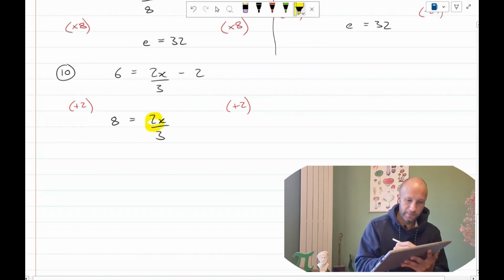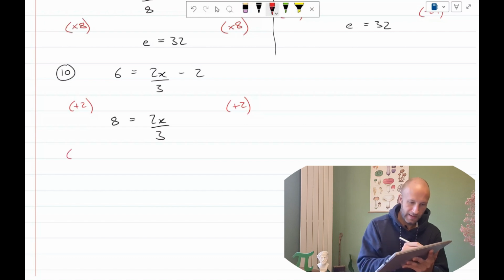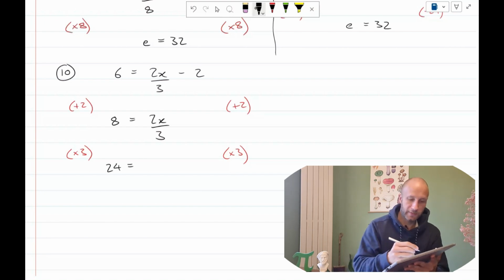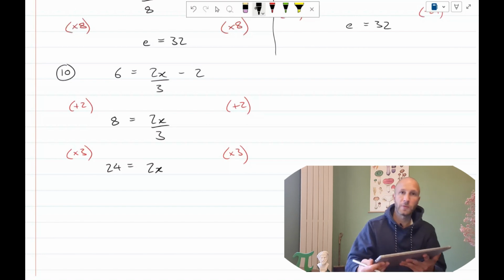Now we need to get rid of the division by 3. Here's my x term, 2x over 3. To get rid of that division by 3, I'm going to times both sides by 3. Hopefully you're getting the hang of this now. 8 times 3 is 24. 2x over 3, when I times that by 3, it cancels the division by 3, so the 2x just pops